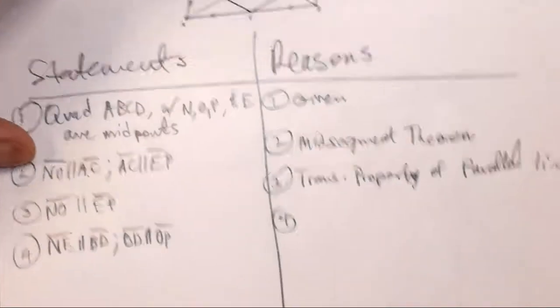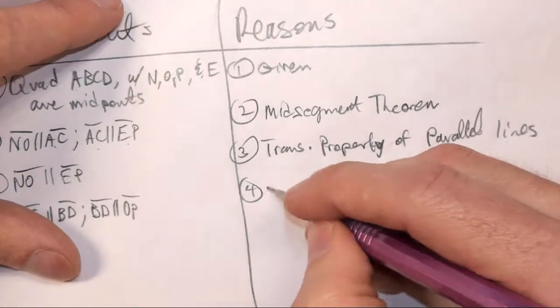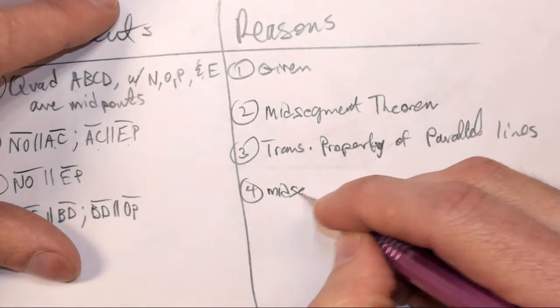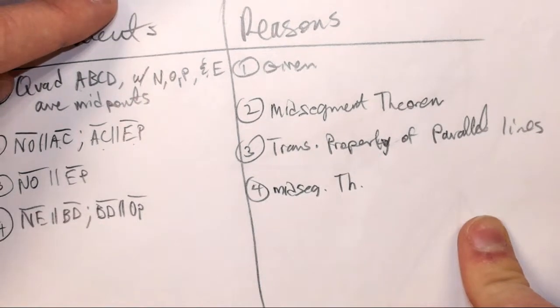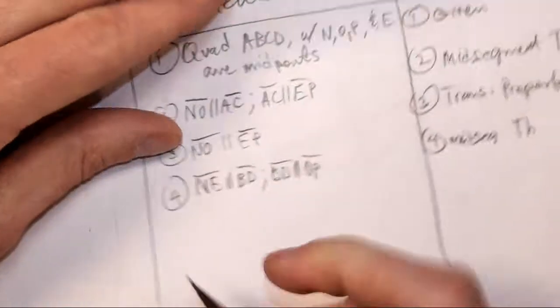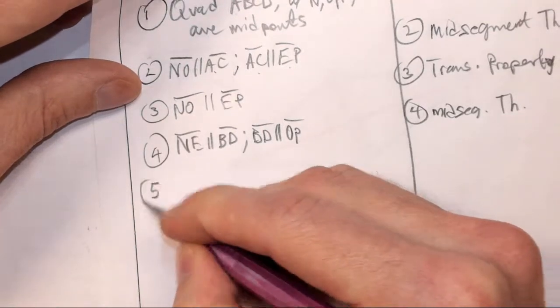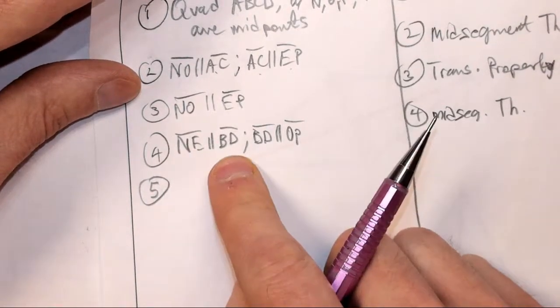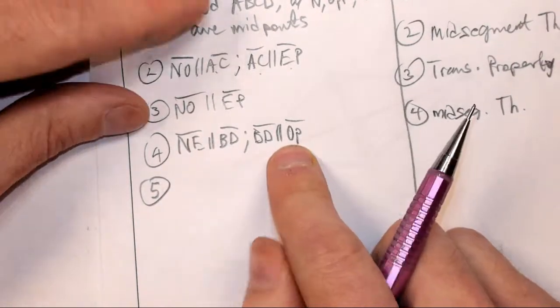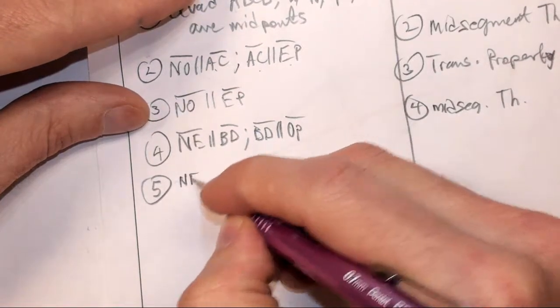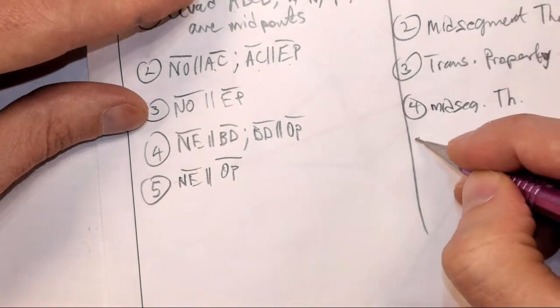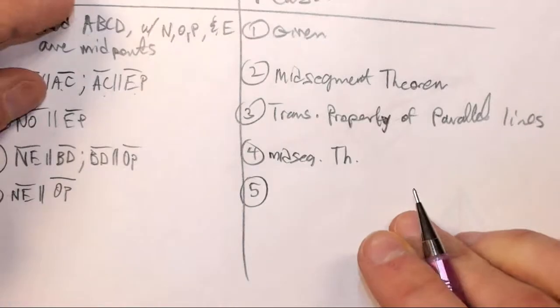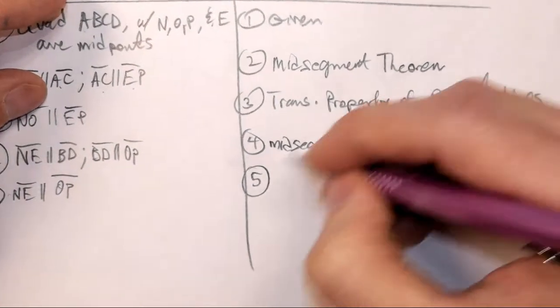And its reason? Oh, good. And over here, step 5, we're so close. NE is parallel to BD. BD is parallel to OP, therefore, by the transitive property again,